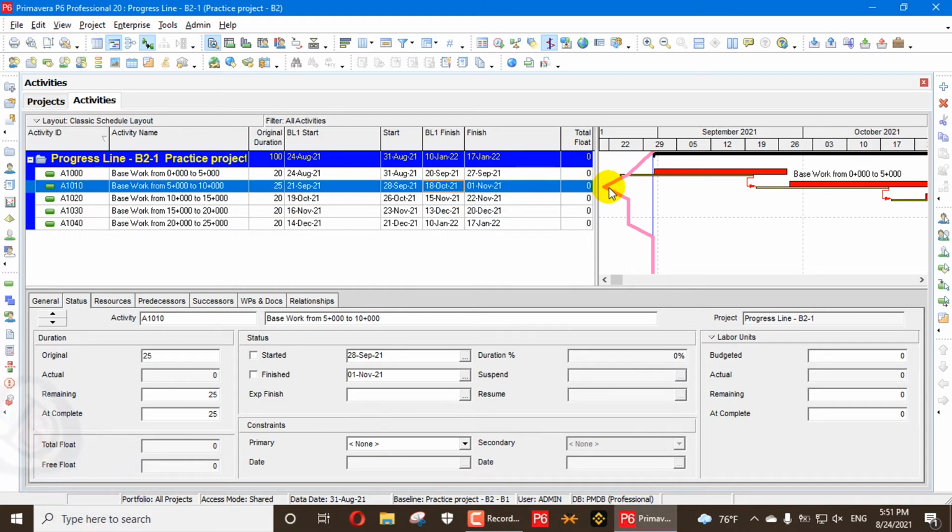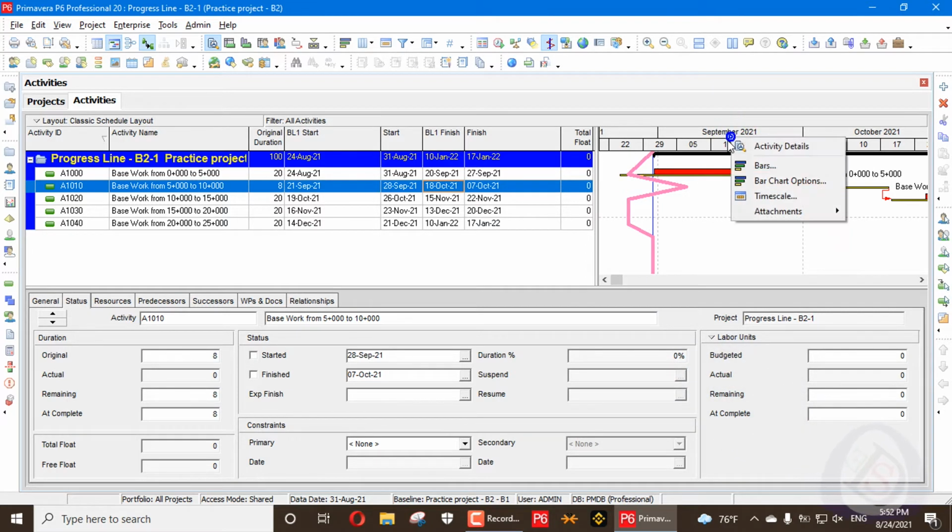If I increase my finish by increasing the duration to 25, you will see that it goes further behind because it goes to November. If I increase to 18, you will see a little change here. If I say 8 days left, you will see that this line goes ahead of the data date, because this one is completing 11 days earlier, on 7 of October. So after the data date line, the progress is ahead. Before the data date line, the progress is behind the finish date. This is an example for the finish date.